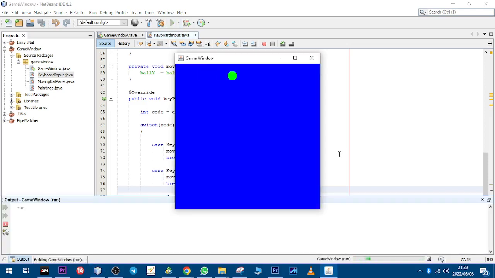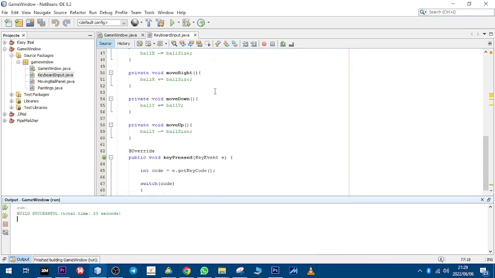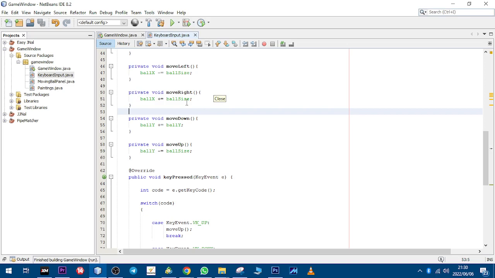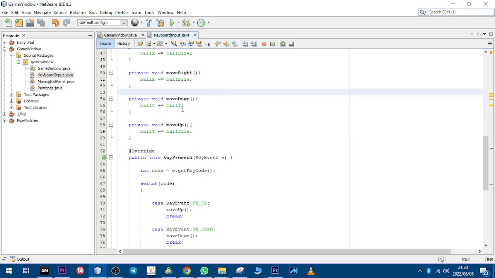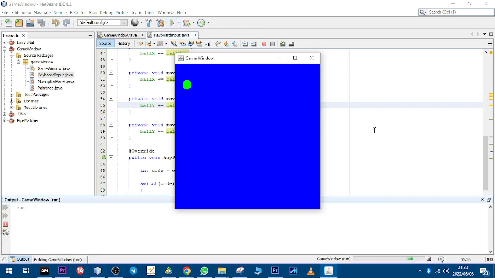Okay, now we can move the ball left and right. We can now move the ball up and down. Okay, let me check what's going on here. When I move the ball down, it moves in a very big increment. Let me check the mistake I did here. Oh, I was supposed to say ball size here instead of ball Y. Let me run this code again. Okay, you can see we are able to move